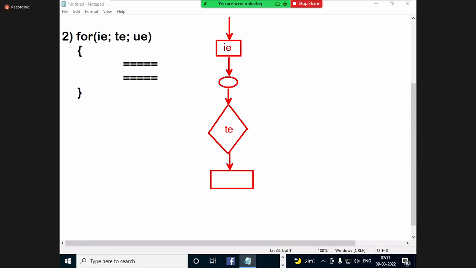After that, body of for loop. Here, updation.